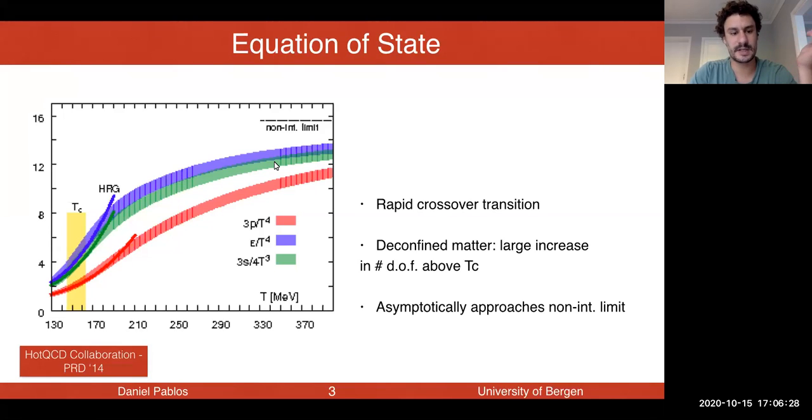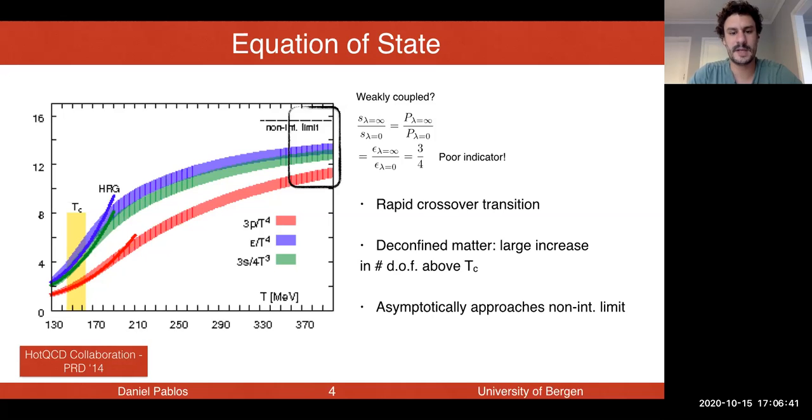So this signals that there's clearly something happening, and as you go to higher temperatures, you tend to approach the non-interacting limit, which might lead someone to think that this might be a weakly coupled system. This is the Stefan-Boltzmann limit of a non-interacting